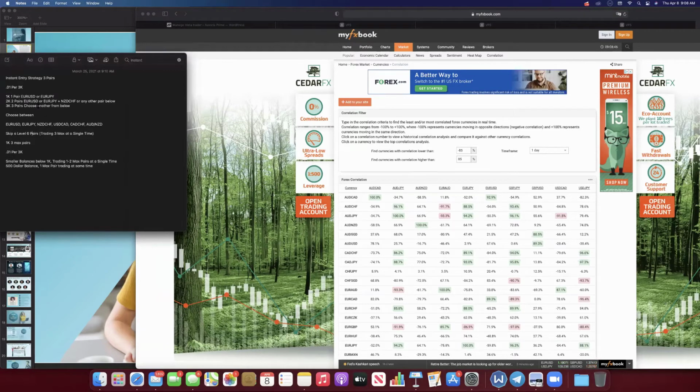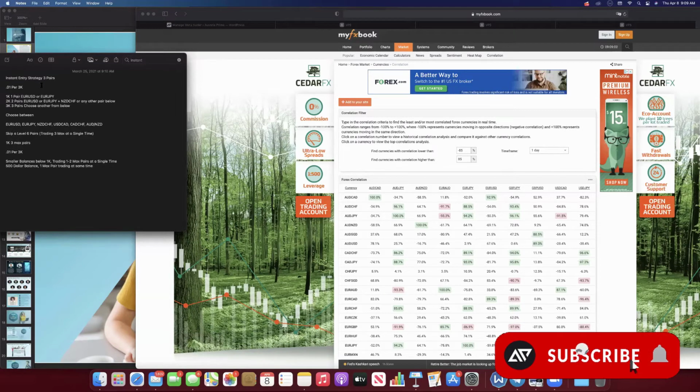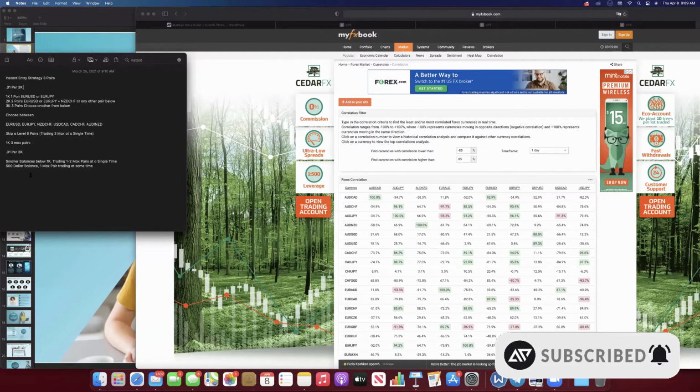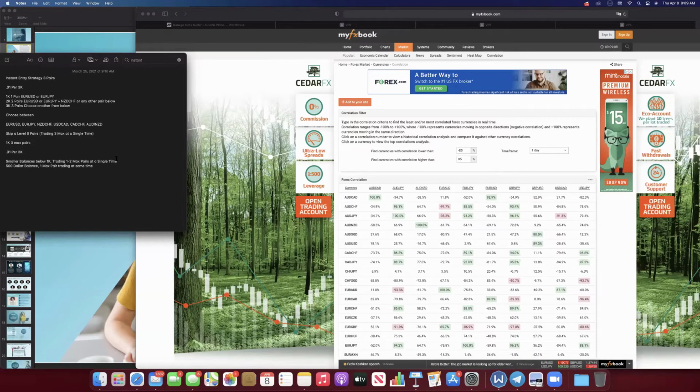And then the lot size is a little different for intraday than precision. On intraday, you'll notice we're saying 0.01 per $3,000 balance. All right, that's correct. If you're using intraday settings, you're using a 0.01 per 3K. And if you have a larger balance, getting into, say, the 10, 25, 30,000 range, and you're using intraday strategies, you should be at 0.01 per 5,000. Just because you inherently are putting more lots in the market, you're more exposed to the market, you're staying in the market longer. So it makes sense to use lower lot sizes.